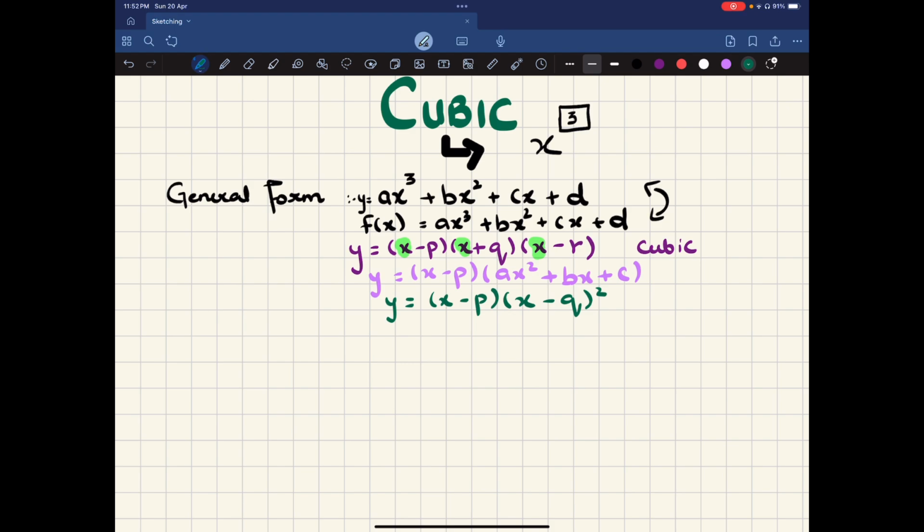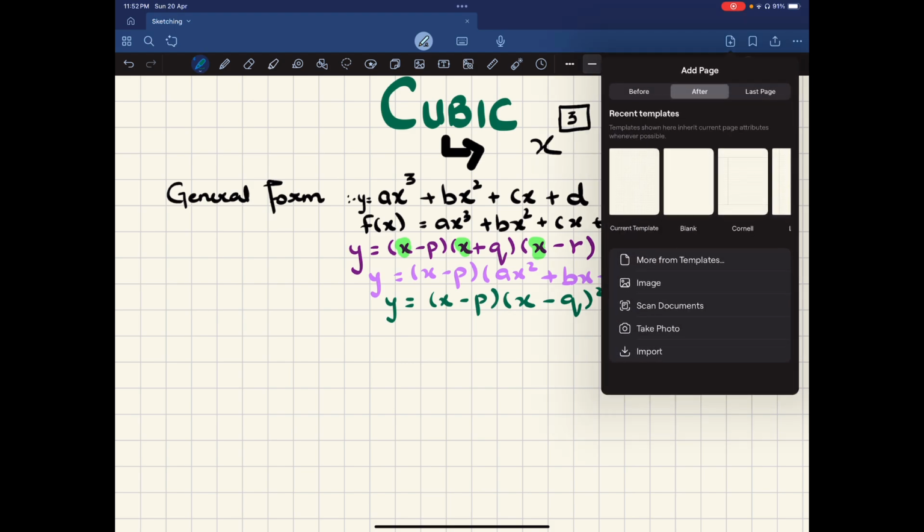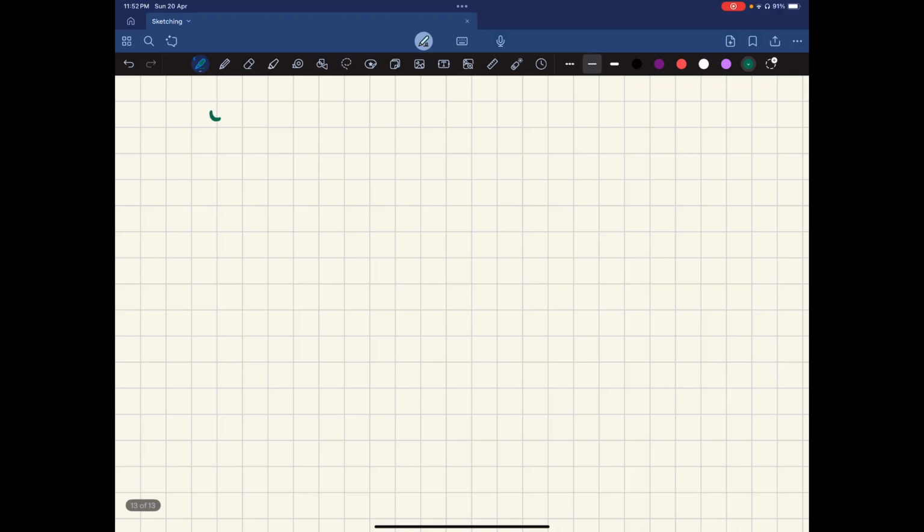So let's begin with the graph of the most simple cubic function, which is y is equal to x cubed. Okay, so the graph for this function would be